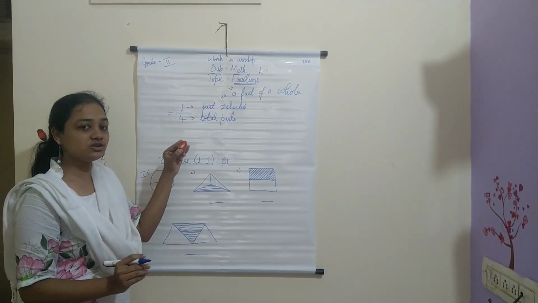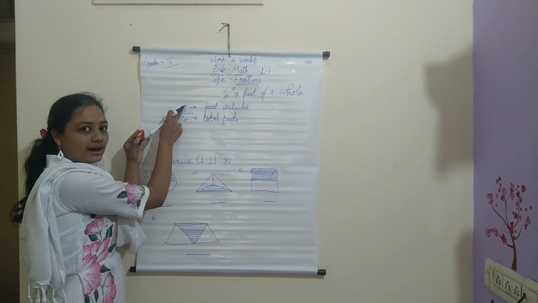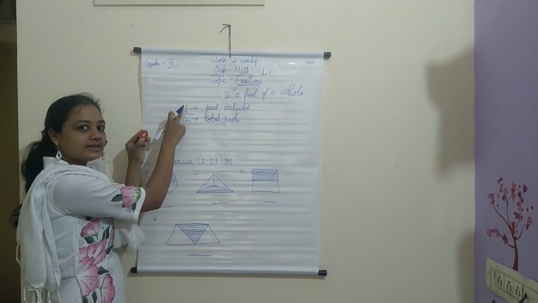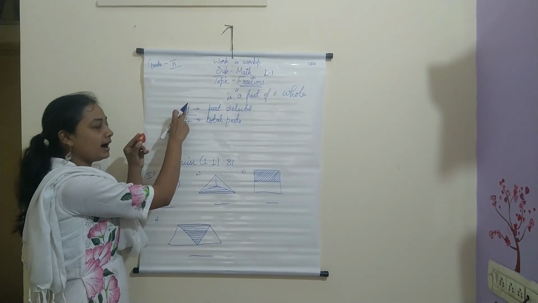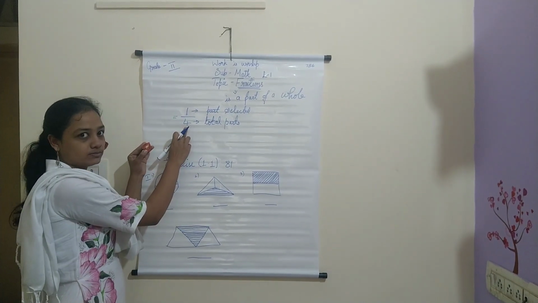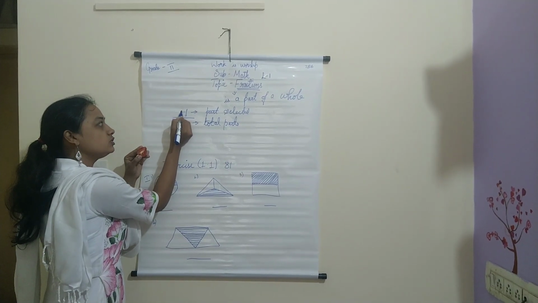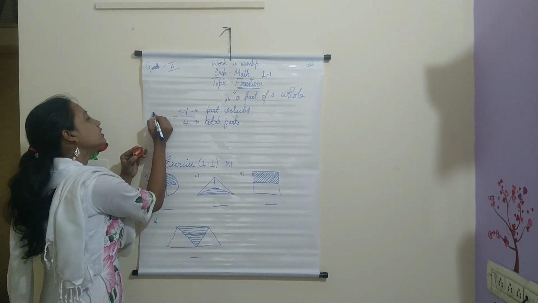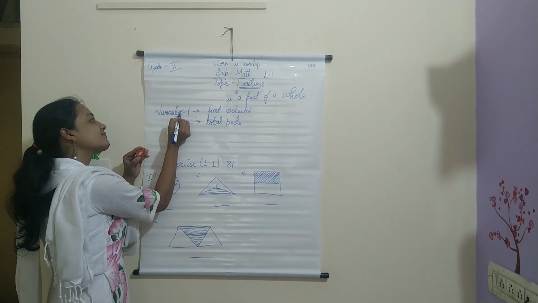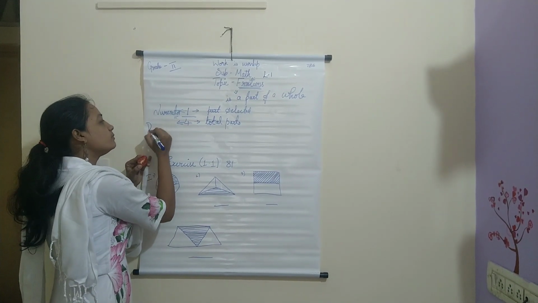So in fractions, you write the number in this format: a number up, a line, a number down. Always you write the number of parts selected up, and the total number of parts cut down. And you have names for these numbers also. The number on the top is called the numerator. And the number which is down is called the denominator.